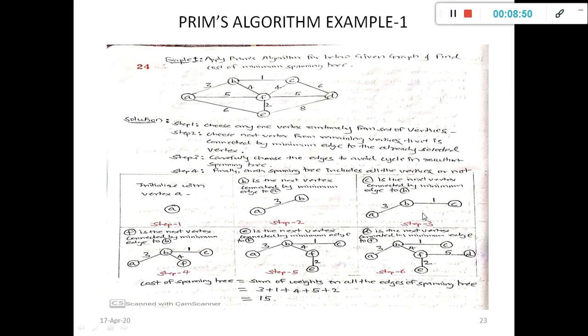Check which of the remaining vertices are again directly connected to the subtree of A, B and C. Here B is connected to F, C is connected to F, D is connected to E, and E is connected to F. Among B to F, F to E, F to D and C to D, the minimum is...